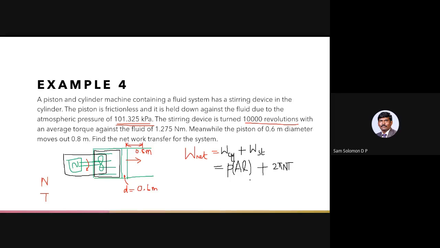Did you guys try, or are you still substituting? Okay, leave the numerical answer. I just want to get one particular point from you. Can any one of you tell me what would be the sign convention for work done in case of a cylinder? Can anyone tell me what the sign convention is in case of work done with reference to the cylinder?